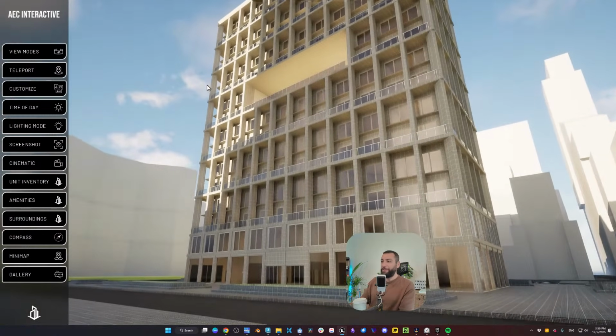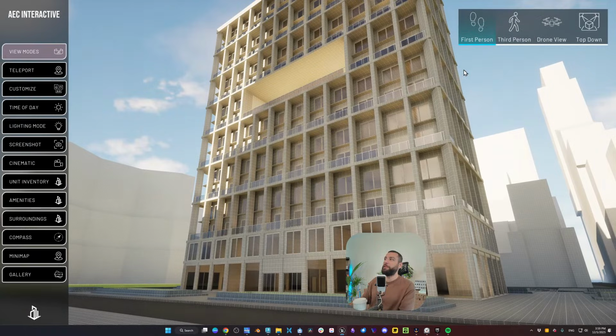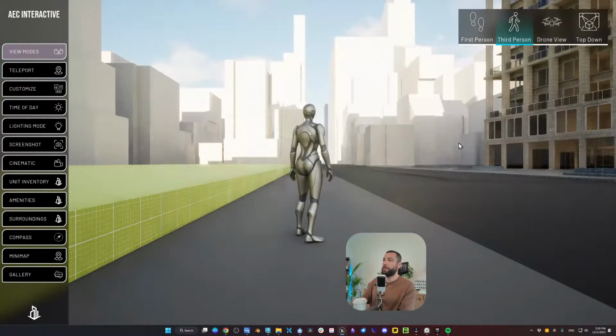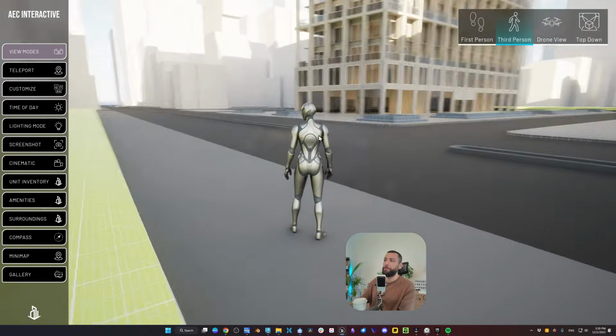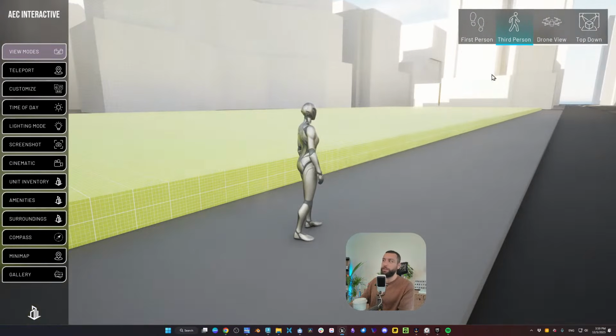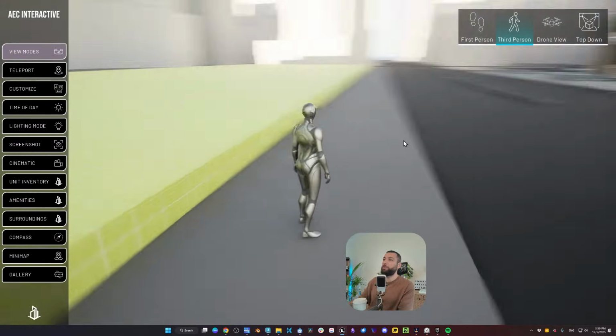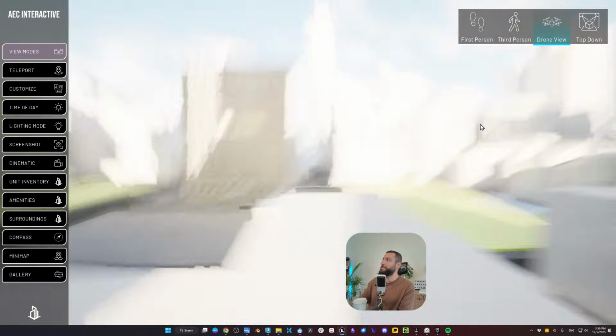So the first thing we developed this year was the ability to have multiple view modes. So we have the first person view mode, the third person view mode, and this was a MetaHuman, but I removed it because we cannot put it on Fab, it's too large. But this can be retargeted to a MetaHuman. You may remember that from past streams.